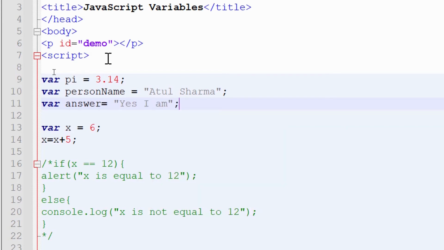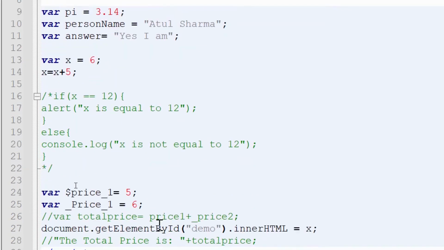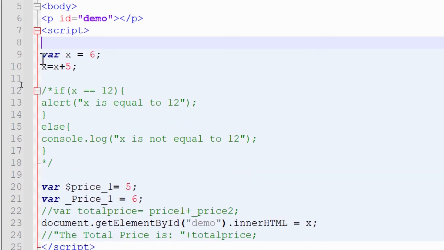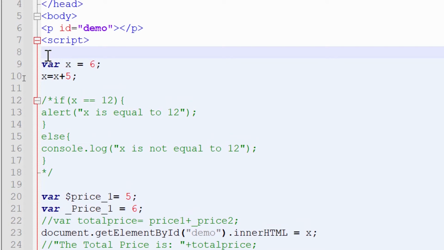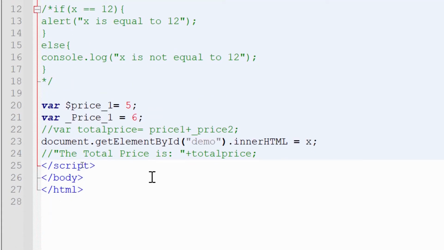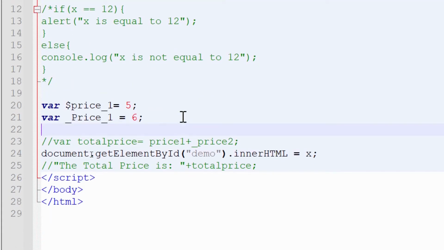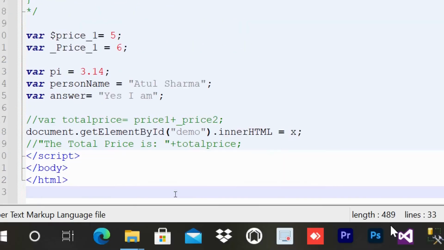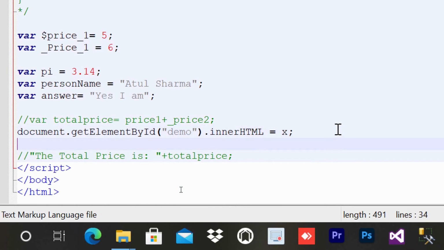Now we will use that and put it here. Let me cut the code from here and paste it below. The best practice is to declare variables at the start of the script tag, but I am using it below so that when I concatenate below, you will understand things and see the variables also.